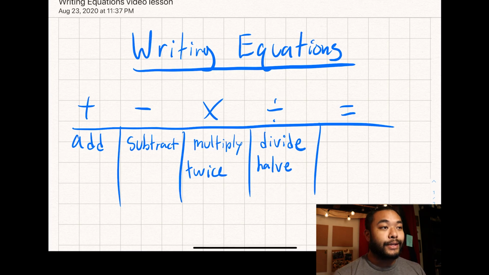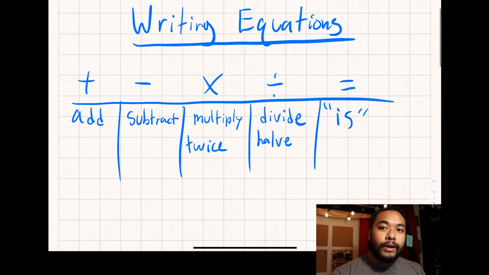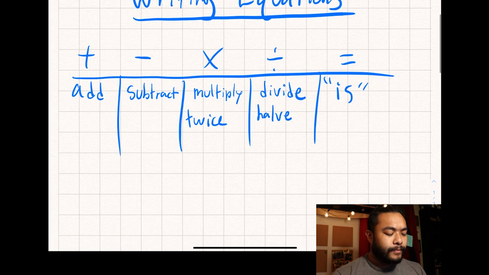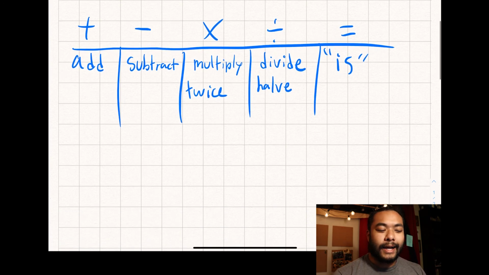For equal, it's usually is, so 4 plus x is a number, or 2 plus 2 is 4. That word is the most commonly used form of equal. So we went over a couple of these. I'm not going to go over them again. You can take a look at the notes that I posted, but the most important thing I didn't really cover